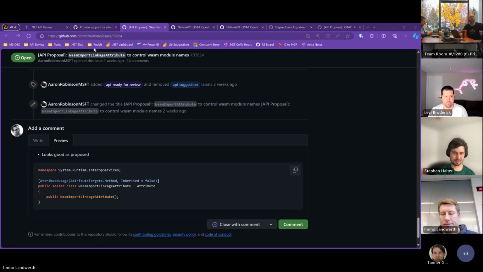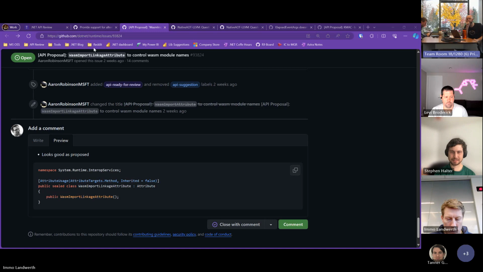Does that make sense? Yeah, but in your example, you're using both a DllImport and a WASM import linkage or whatever we're calling it. So is it not ever possible that you'd want a different name depending on where you're building? I don't know, I don't think so. The person generating the C# is always the person generating the WAT? Yes. Well,